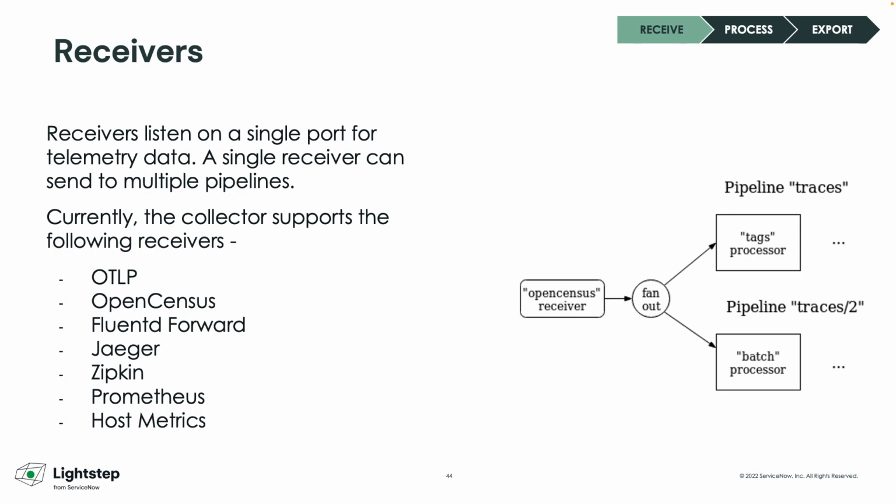First, the receiver step. The receiver step defines listeners on different protocols or different formats of data. The most used receiver is OTLP, for OpenTelemetry Protocol. But you can also have receivers specific to different technologies or formats, like the Prometheus receiver in order to simulate a Prometheus database, or the Zipkin and Jaeger receivers in order to be compatible with these tracing technologies. You can also have receivers that are used to collect metrics, like the host metrics receiver.